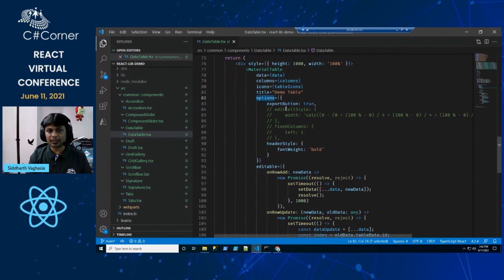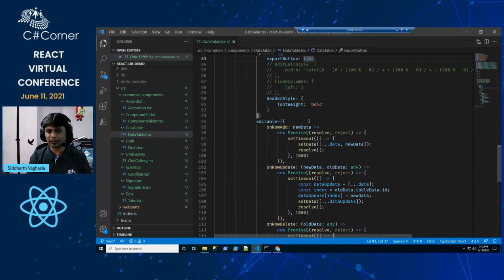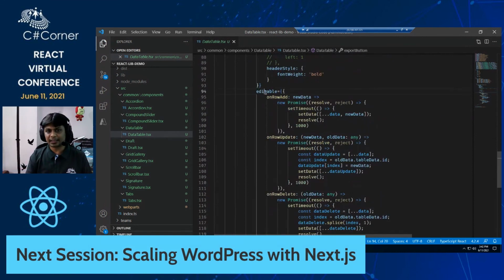In the options, we specify whether we want an export button. If it is true, then it will add export to CSV and PDF. And this is interesting: in the editable property, you specify three event handlers: onRowUpdate, onRowAdd, and onRowDelete.